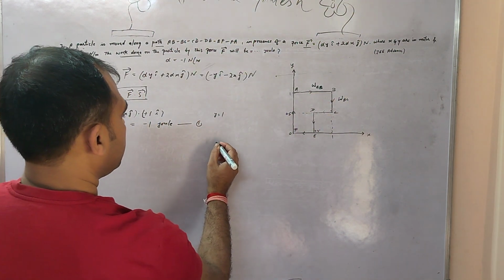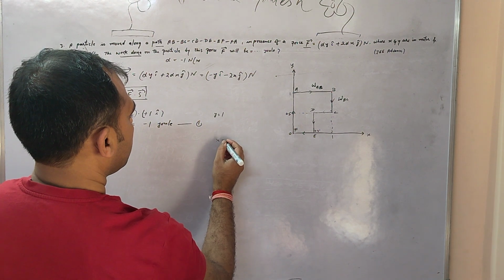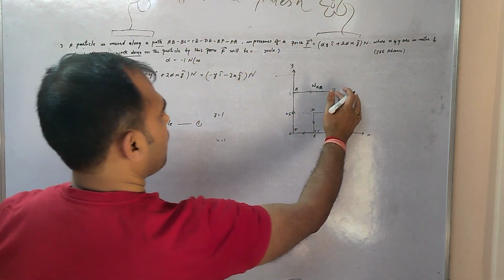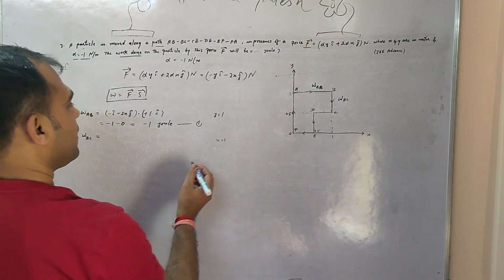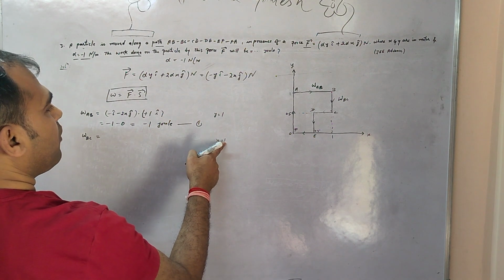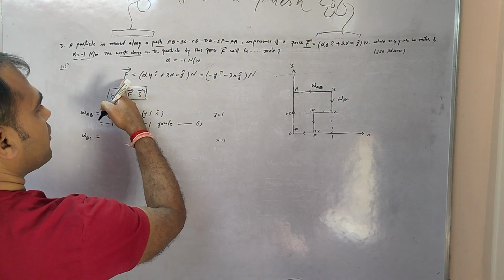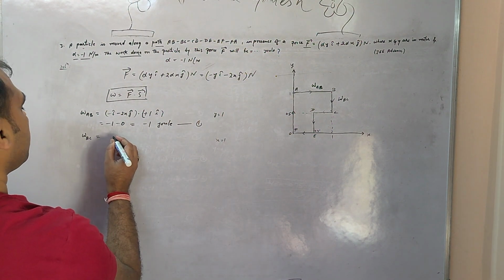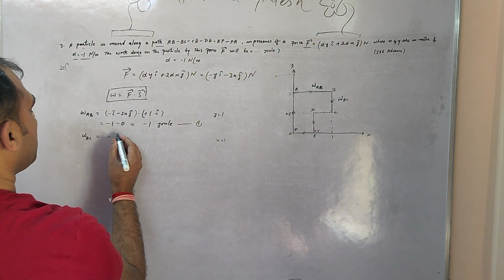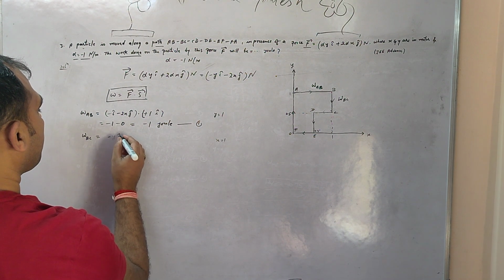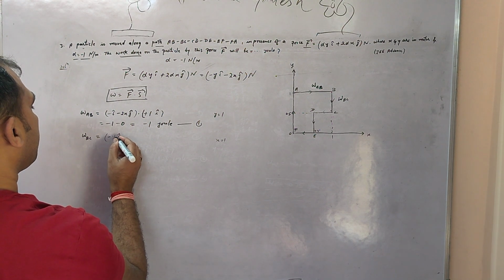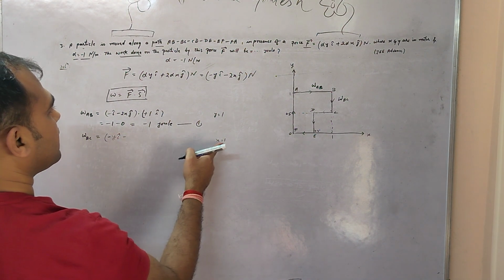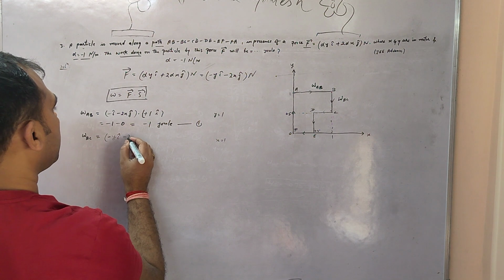So there is no change of x, that is 1 for B to C. So put the value of x is equal to 1. So force F BC will be minus y i cap minus, x is equal to 1, so this will become minus 2 j cap